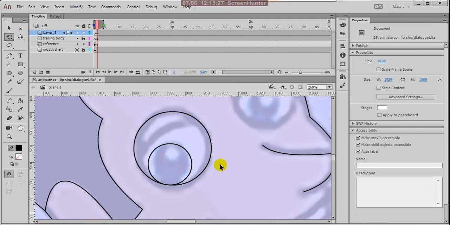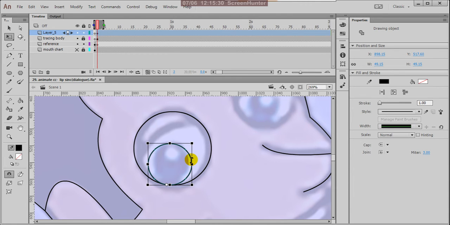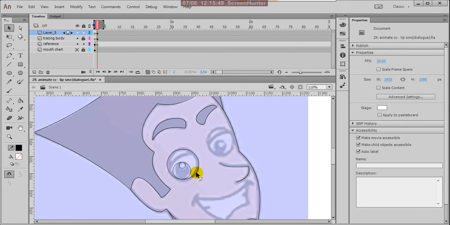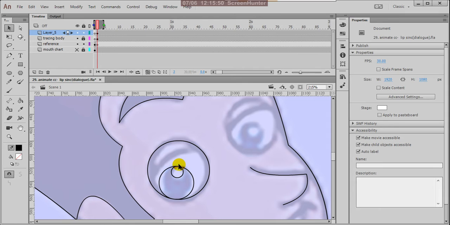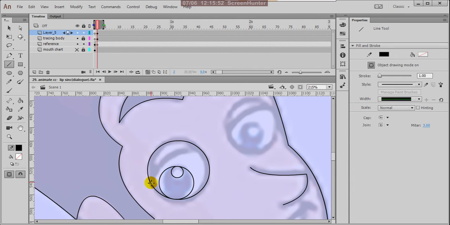Right, perfect. Now again copy this, Control C, Control Shift V. Okay, now this round you can keep there, and with the Shift you can move up to that shape. Perfect. And now one more line is there here.